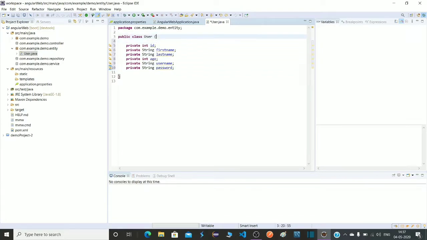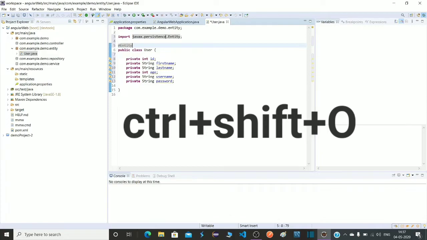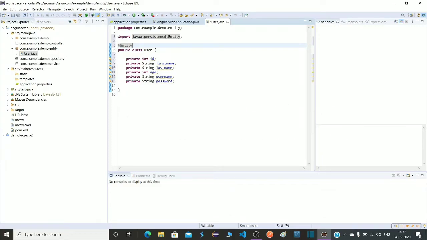Okay, because we are dealing with the database and we are using JPA dependency, we will write here the @Entity annotation, because this is our entity class. Press Ctrl Shift O for importing any package, annotation, or dependency you downloaded. You can import it by pressing this key.